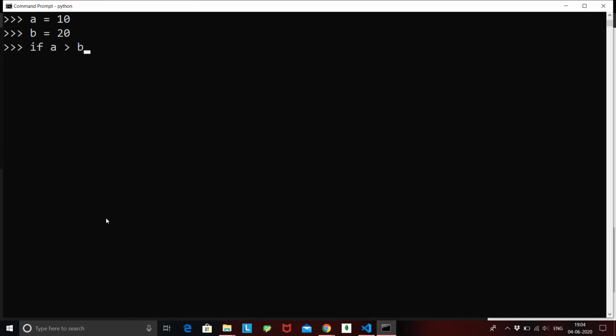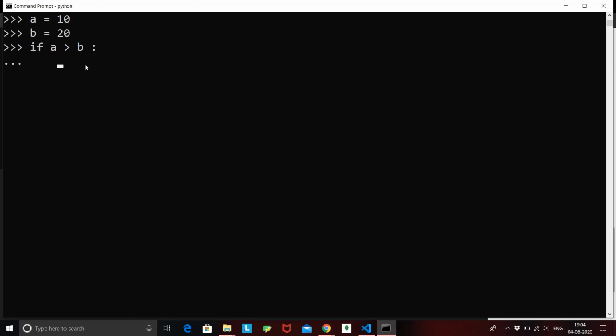If I want to check if A is greater than B, again the same thing, I need to start an indentation block. Now if I say if A is greater than 20, I'll give a colon, because I need to start an indentation block. If I hit enter, this will not be executed. See, the console knows that something is going to come right after this if statement, but now I have to give a tab.